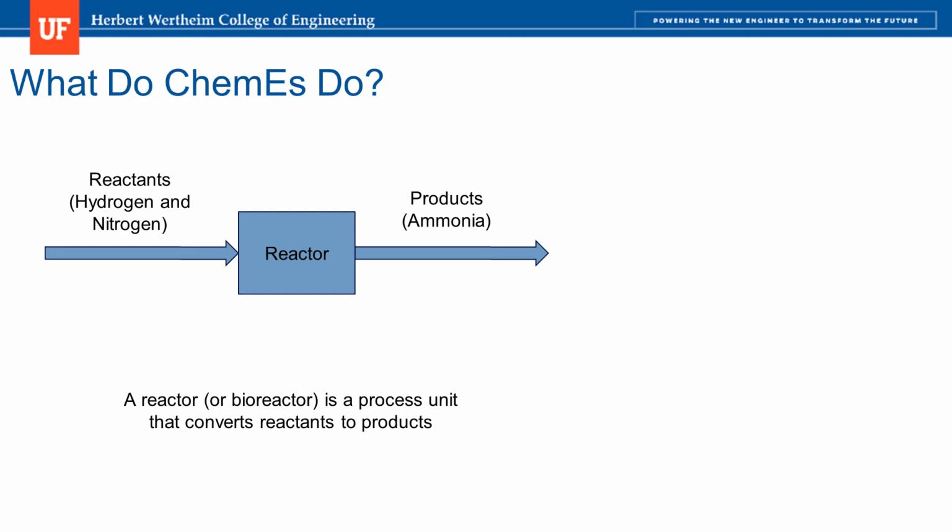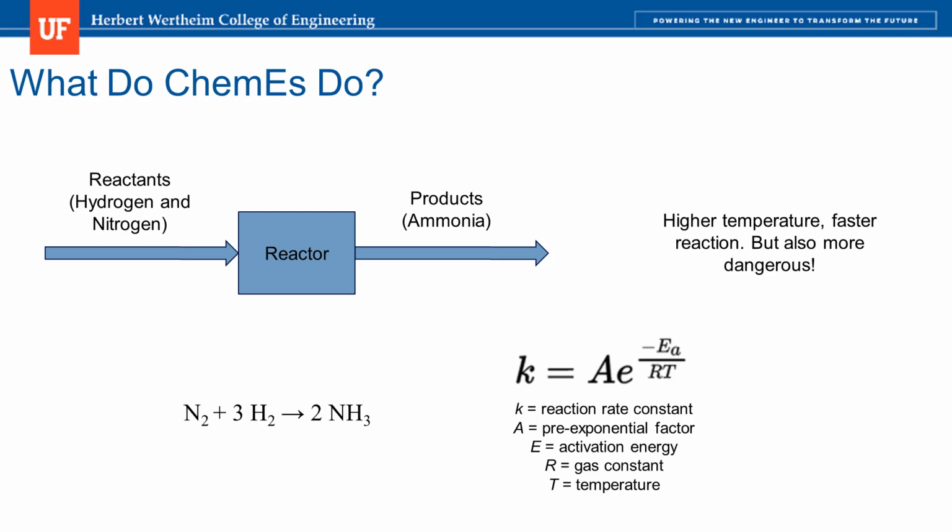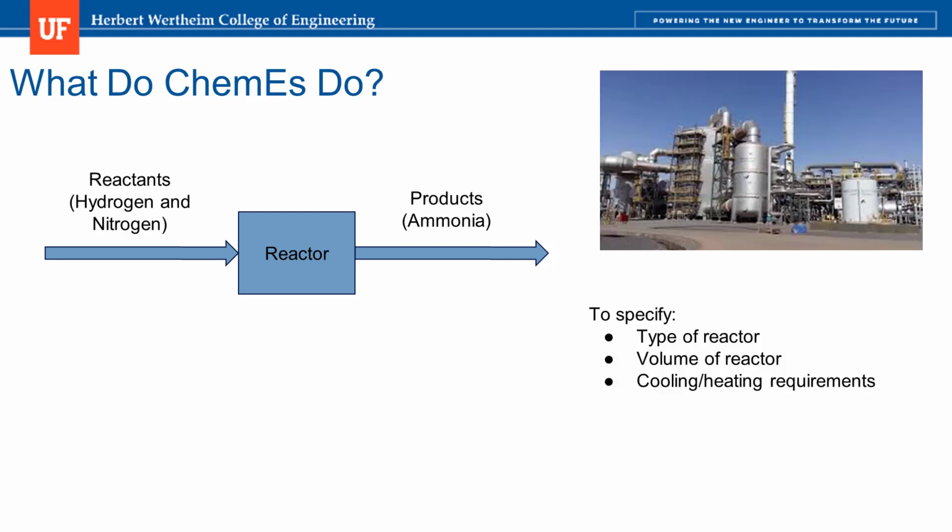As the name implies, the reactor is a process unit where a chemical reaction takes place, or in other words, reactants are chemically transformed into products. Thus, a chemical engineer would certainly need to know several things from chemistry in order to oversee this process, including reaction stoichiometry and how process variables such as temperature affect the rate of the chemical reaction. This presents the possibility of trade-offs. The reaction will occur faster at a high temperature, but these high temperatures are also more dangerous.